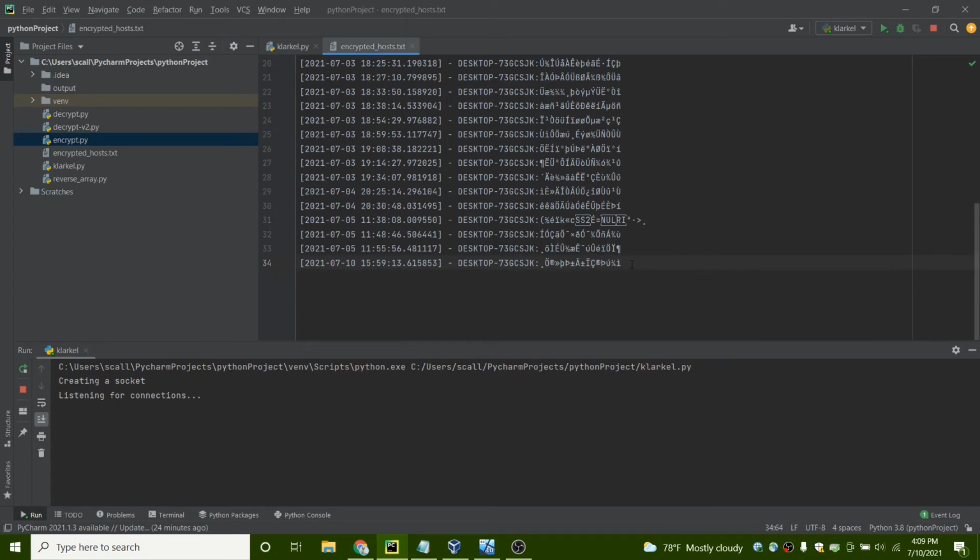So what this will do is timestamp when a key is sent over to Klarkelware.py and save it right here. So we have the timestamp followed by the name of the computer, followed by the key itself that we'll use to then later decrypt